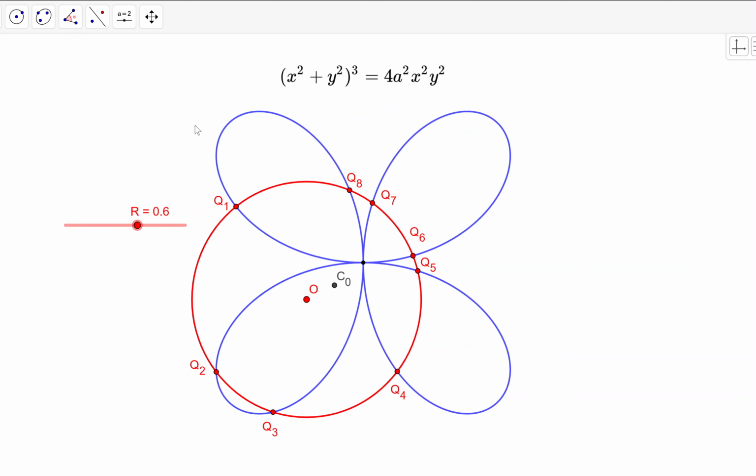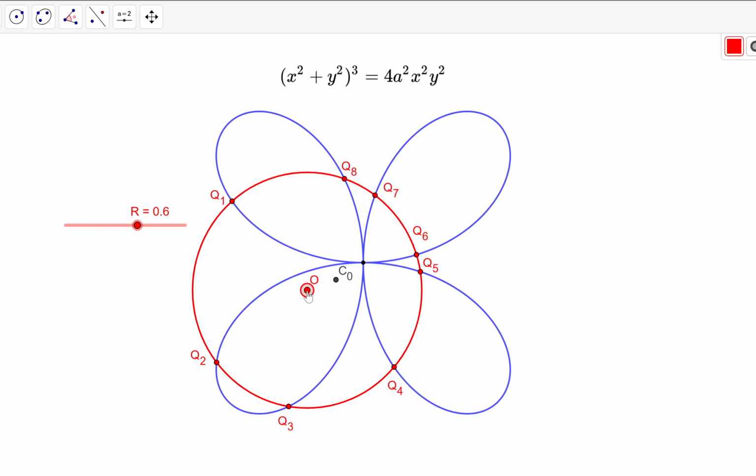Okay, so pick some algebraic plane curve. In this particular example, I'm using a degree 6 curve governed by this equation up here, and this is also sometimes called a 4-petal rosacea curve. Okay, and now define a point O in the plane of this curve and draw a circle, the red circle